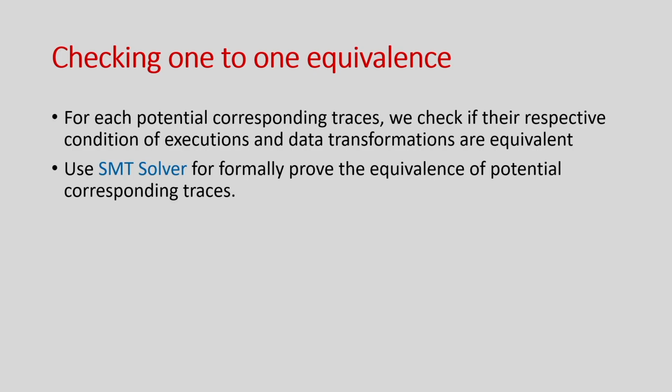Once you have this potential trace, I have trace 1 here, I have trace 2, that is, tau 1 and tau 2. The next problem is that you have to compare these two traces to see whether they are equivalent or not, and in this comparison we have two arithmetic expressions to compare, right. How can I do this? For that we use an SMT solver, and as the tool we use Z3. This SMT solver basically just checks the satisfiability of some formula, right. So, the equivalence problem of these two paths has to be modeled as a satisfiability formula for an SMT solver. How can we formulate that?